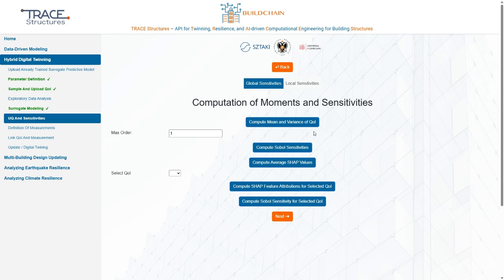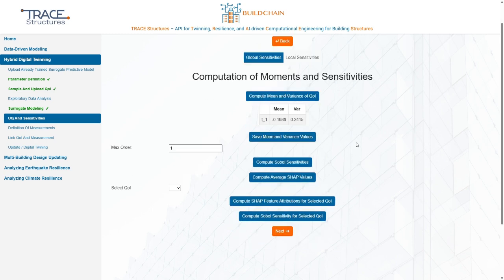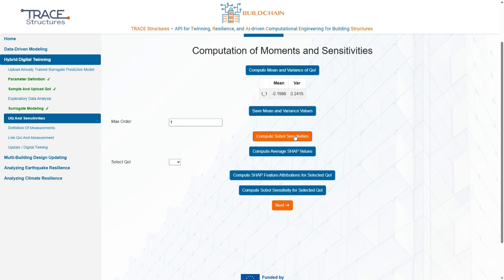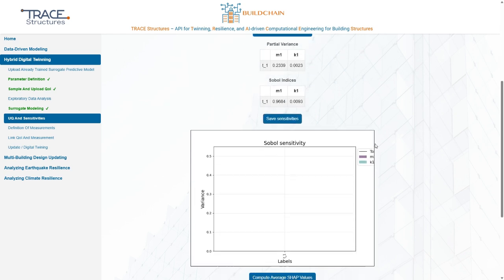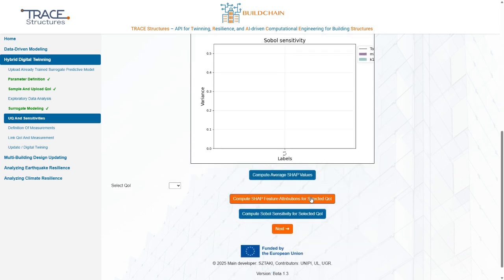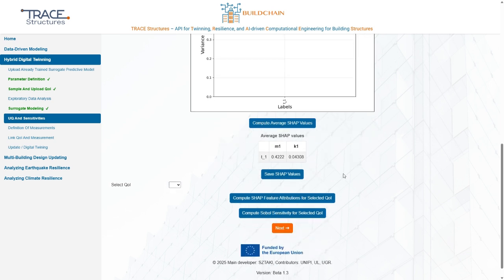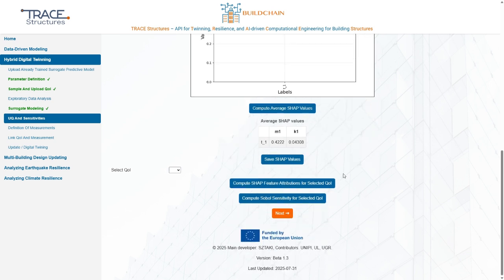Here you can analyze how input parameters influence model outputs using statistical summaries, mean and variance, global sensitivity analysis, Sobol indices, feature importance, SHAP values, local feature explanations for specific samples,